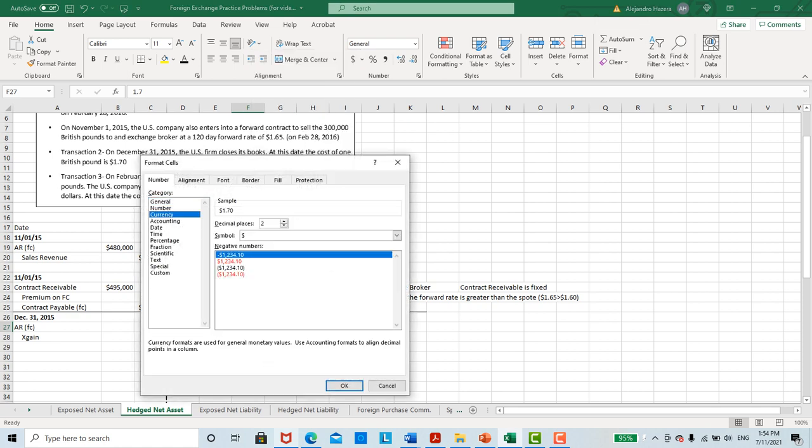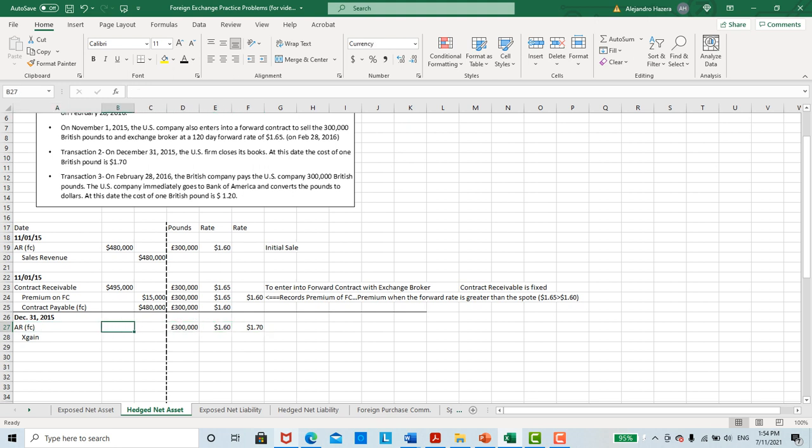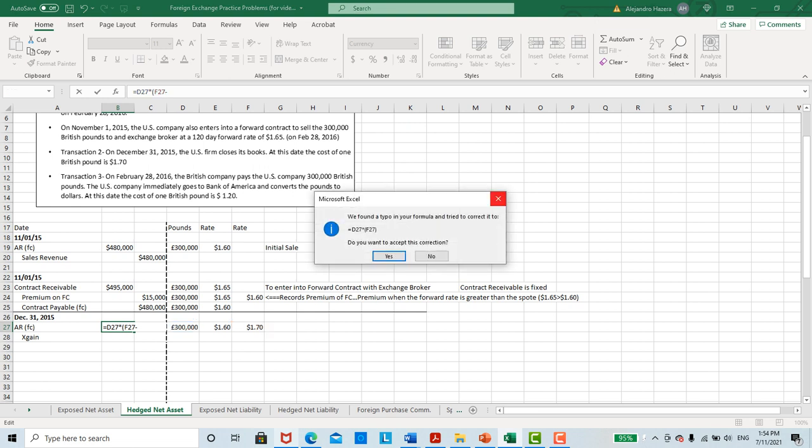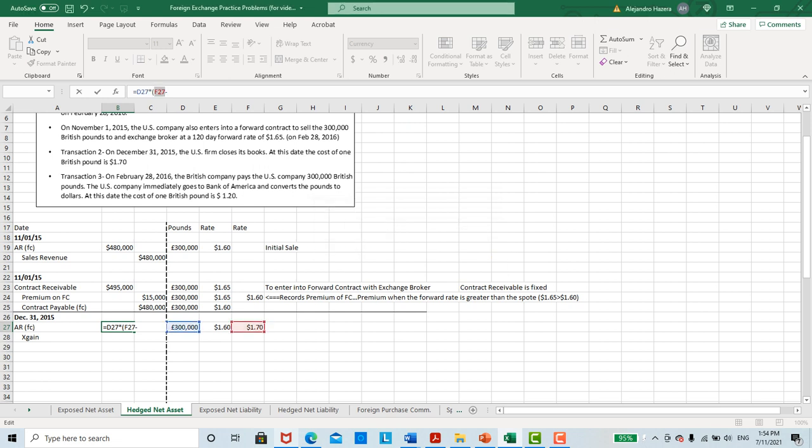And get this currency here. So we're going to have an exchange gain of 300,000 times $1.70 minus $1.60. We have an exchange gain, so we have an increase in the accounts receivable of $30,000, because our customer is